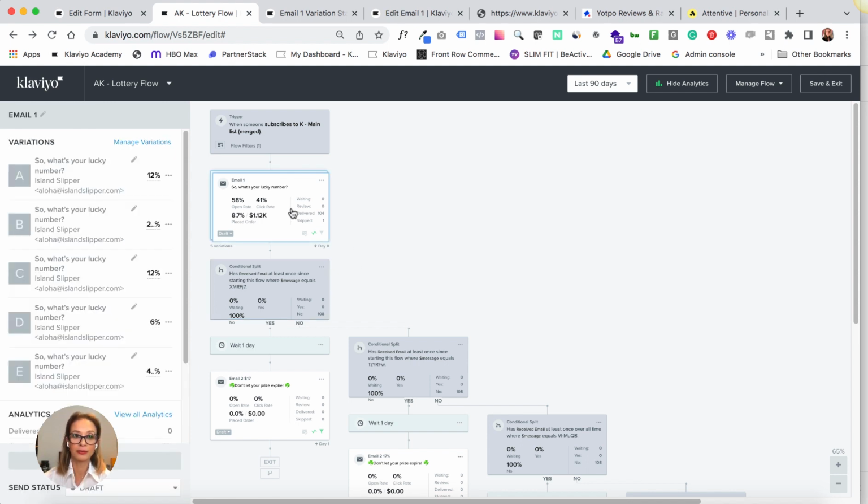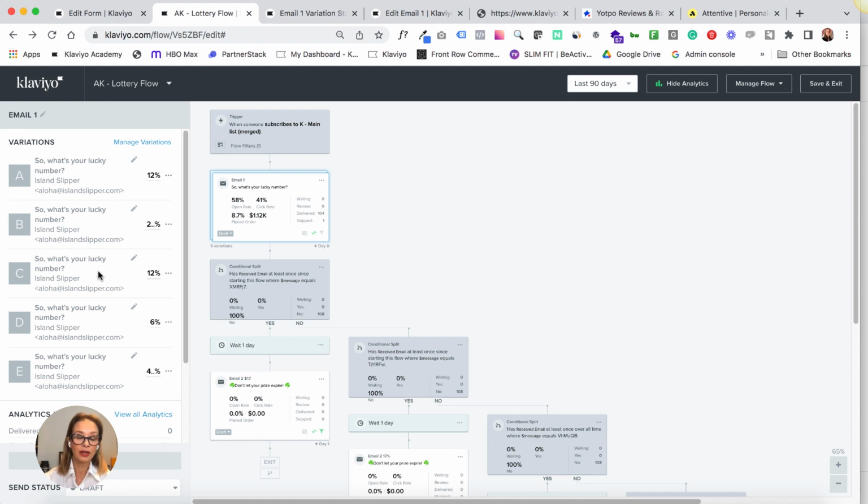Now, the first email, the way we are able to send out different offers is by breaking it down into 5 different versions. So basically each version of the email has a different coupon code.